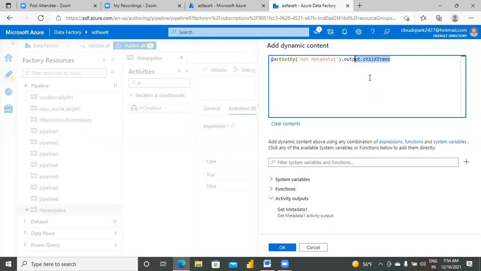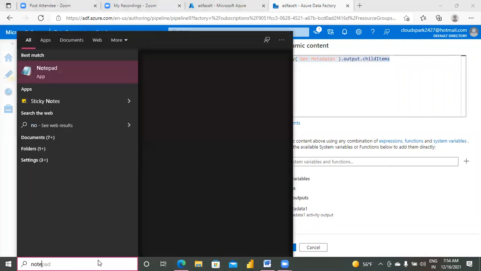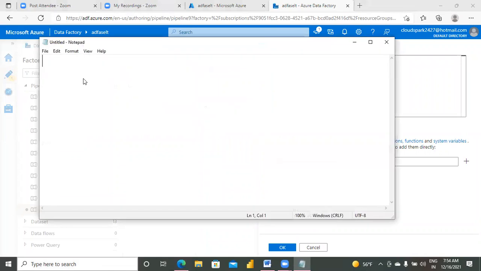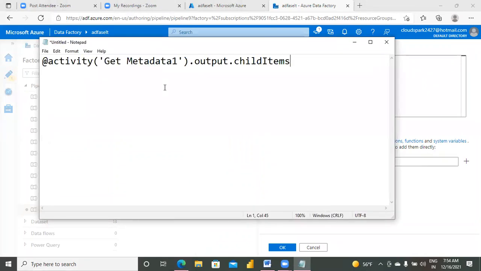Let me copy all these things. Initially, it has given only this one. But within that output, a lot of fields will be there. For that, dot child items.